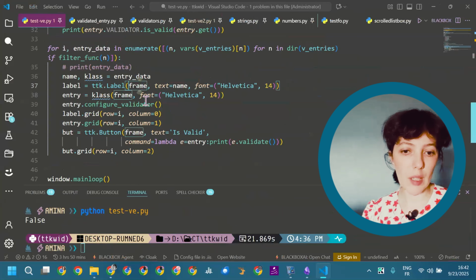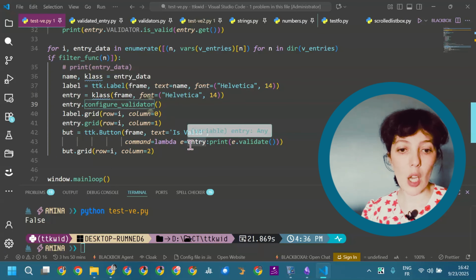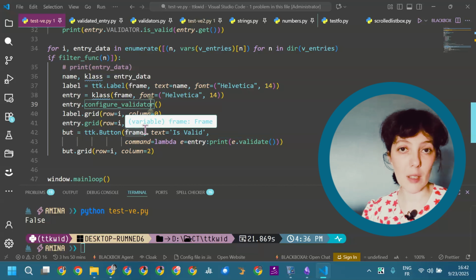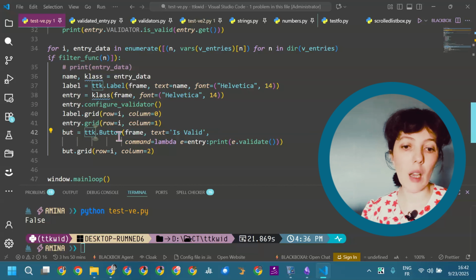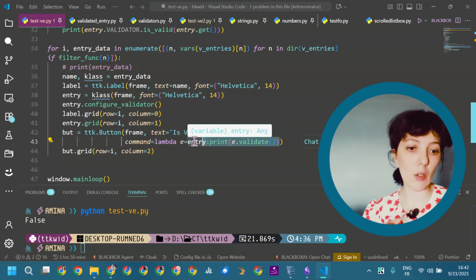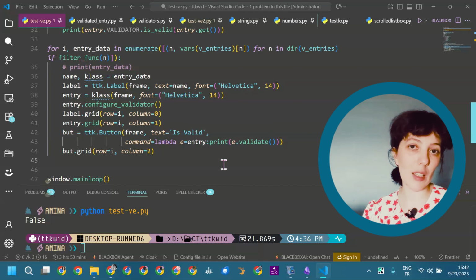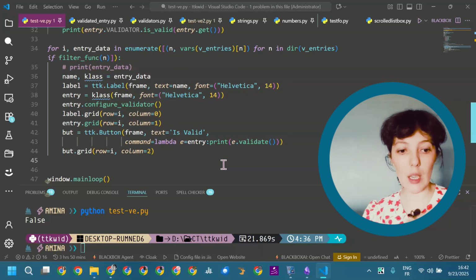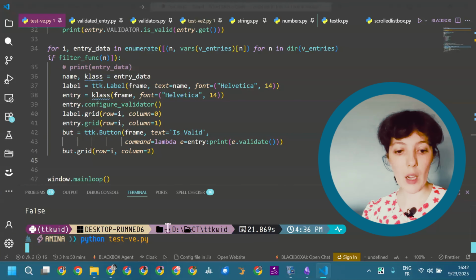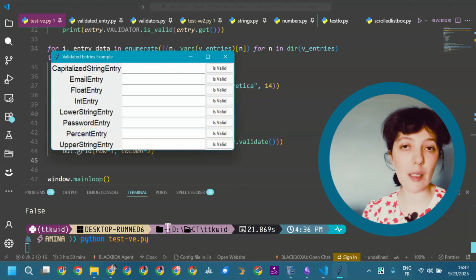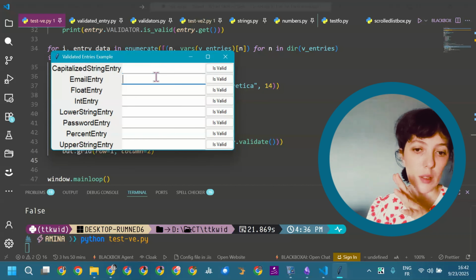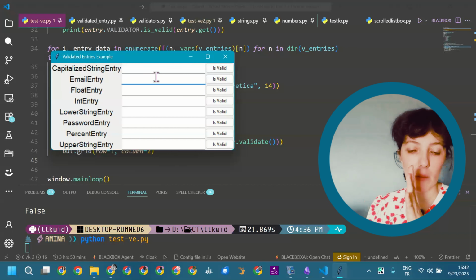So we have our label, the class, the special entry class, the configure validator call. We didn't have to specify any parameter. And I added this button that will have on its command the call of the validate method associated with the entry widget. So after correcting the validated entry widget, the capitalized string entry worked, the email entry worked for now,